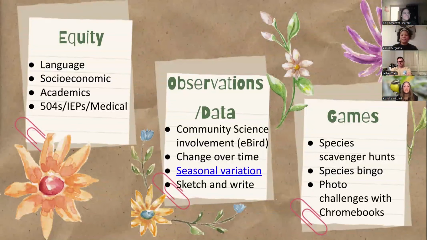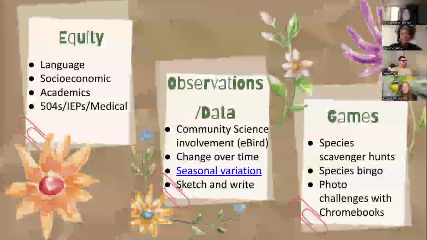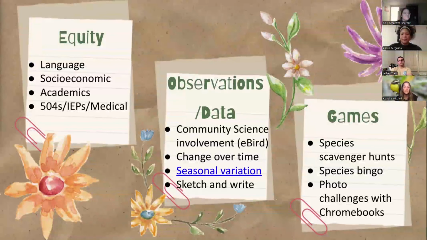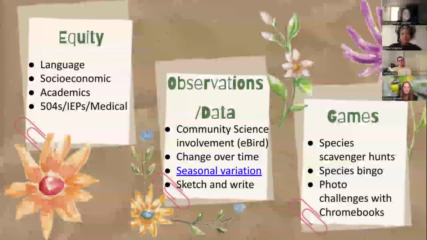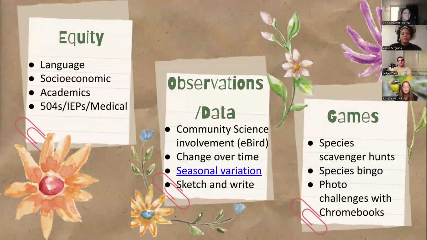Socioeconomic aspects: being outside is free. We all have the same playing field there, and we can all observe, whether it's with our eyes or our ears or whatever senses we are focusing on that day. Academics: I have a lot of students, especially in my birding class, who are just put in there, and it doesn't matter if they don't have the best grades or if they are the 4.5 student. Everybody's on a level playing field because we're looking at nature. You don't have to have a certain GPA. It's available to everybody.